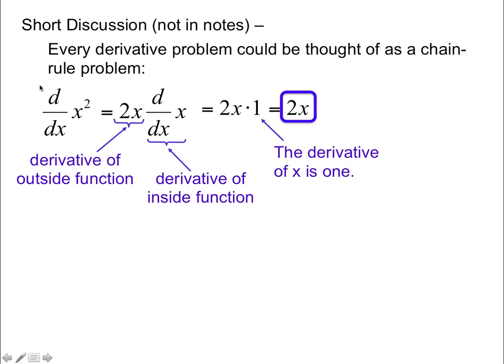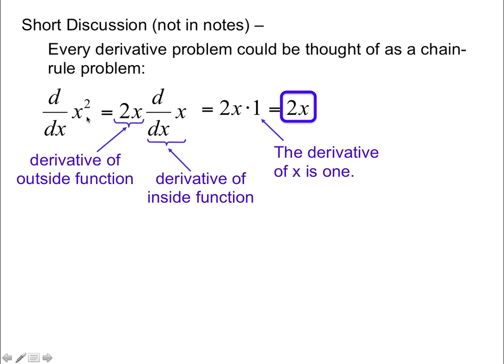So, we've been glossing over the fact that it's pretty easy for most people to look at this question, what is the derivative of x squared with respect to x, and come up with the answer, 2x. What's really happening in between is they're doing a chain rule. It's just that this d dx of x is a value of 1, so it tends to get dropped off. But this process is really important when we talk about implicit differentiation,